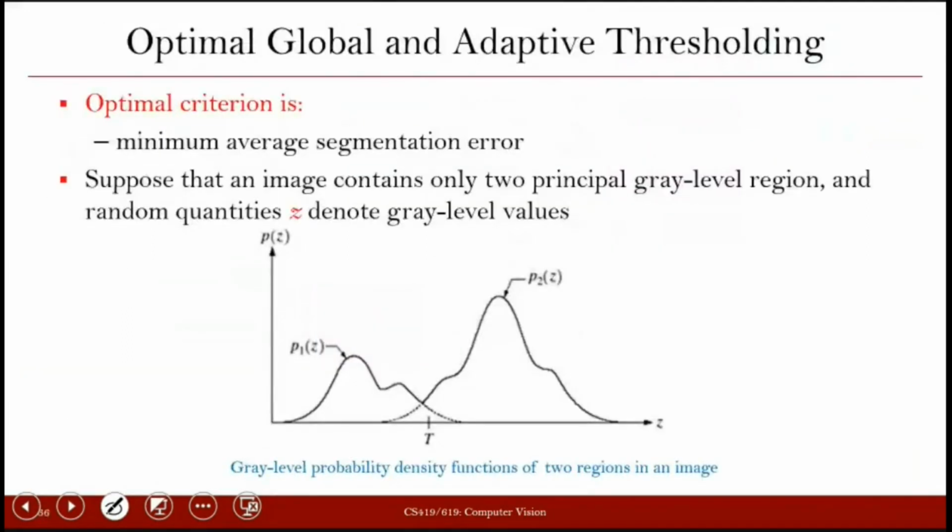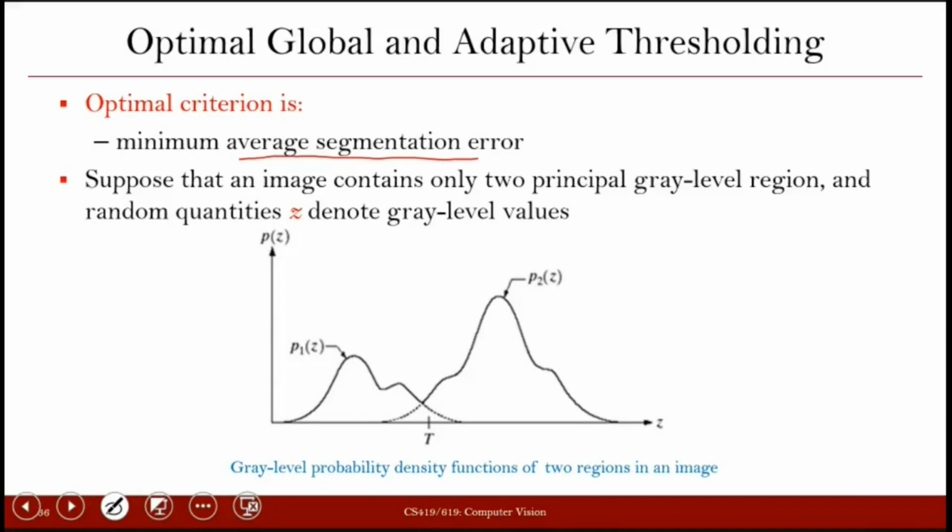Now let us briefly discuss how to select the optimal global threshold when we are doing adaptive thresholding. Whenever we say that we are choosing a good threshold, what are we looking for? We are looking for a threshold which can segment the pixels properly. That means if the pixel was a foreground pixel, it is able to say foreground pixel, and if it is a background pixel, it is correctly able to say that it is a background pixel. So we want to minimize the segmentation error.